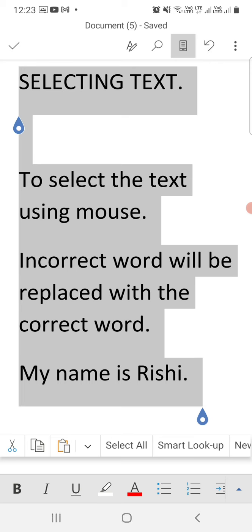Okay, so these are the options available in MS Word in your chapter 4. You can use your mobile to practice all the things, or if you have a computer you can also do that on your computer, read chapters 3 and 4 and practice all the things, and it will be very easy to practice when you practice on your mobile. The basic things are available, you can do it easily.